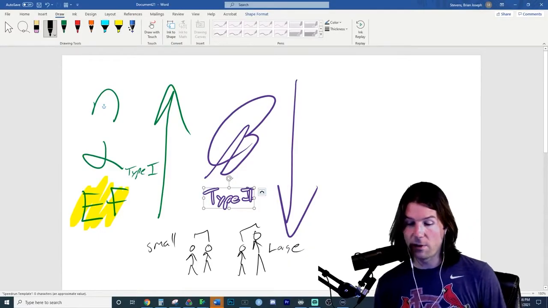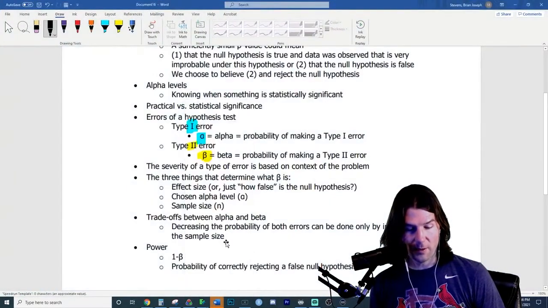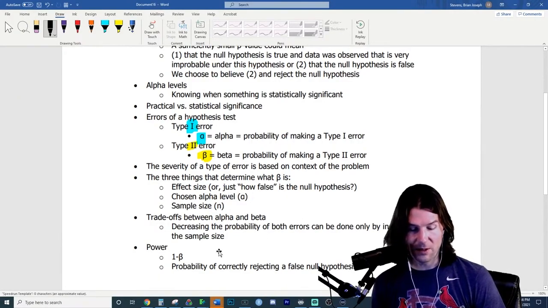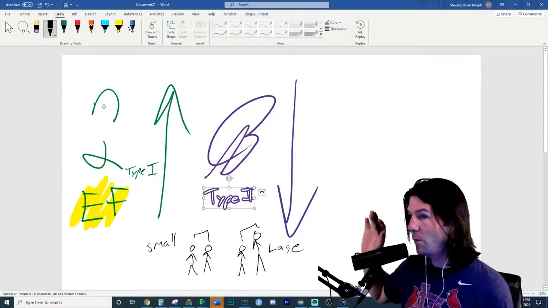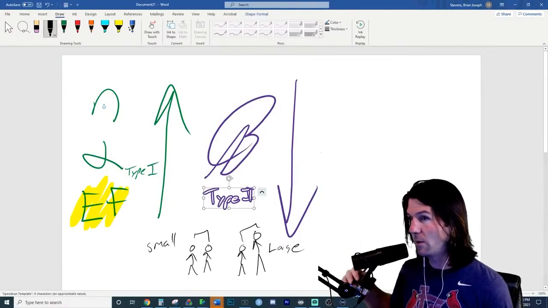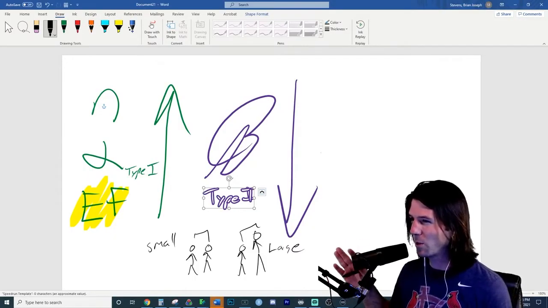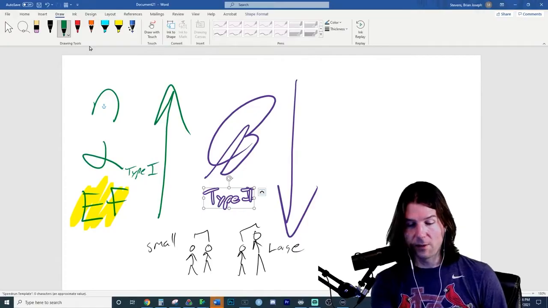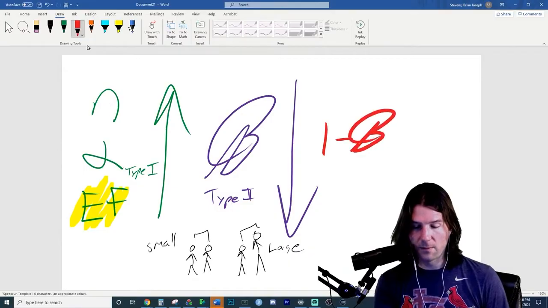Type 2 errors are when we fail to reject the false null. And where is this all leading to? Because it's going to all come right back around. So we have here the trade-offs between alpha and beta, decreasing the probability. We talked about these. That's just literally that. Sample size, yep. And then we have here power, and that's what I left room for right here. Because when we increase alpha, it decreases beta. When we increase sample size, it decreases beta. When there's a larger effect size, and we don't really control effect size, it's just what exists in the data, we have a smaller beta. But with all this, power is 1 minus beta.